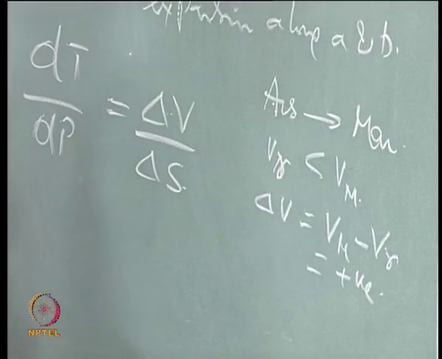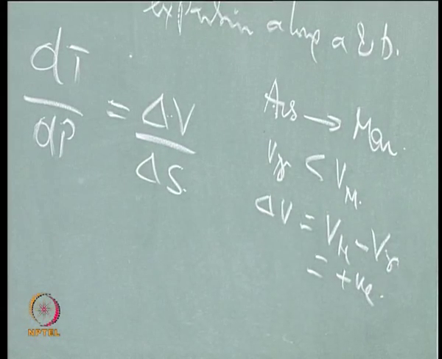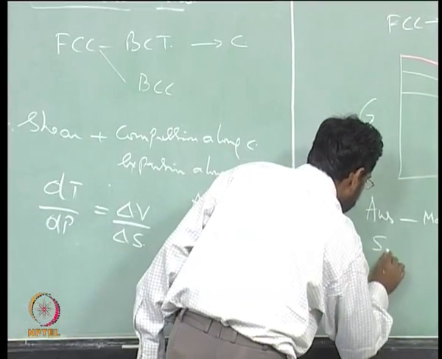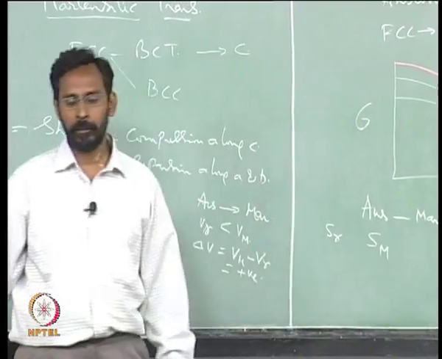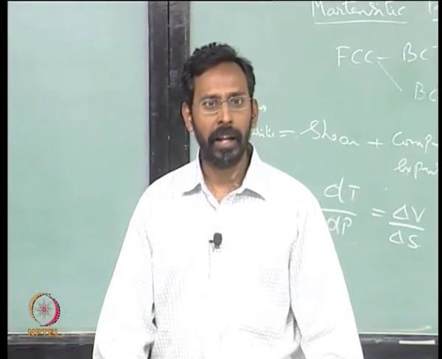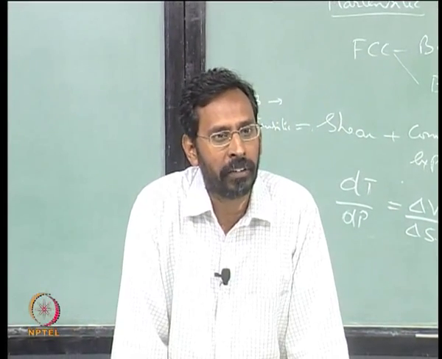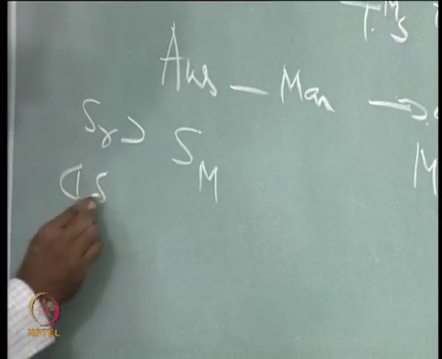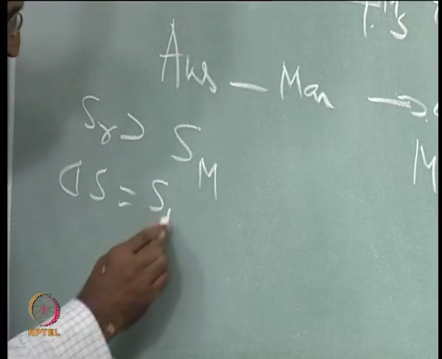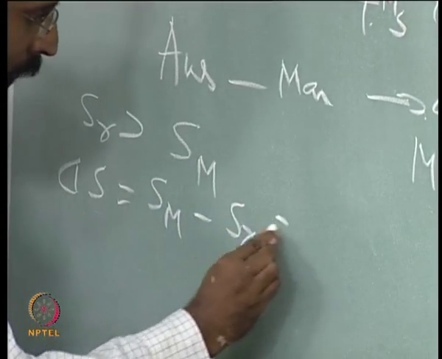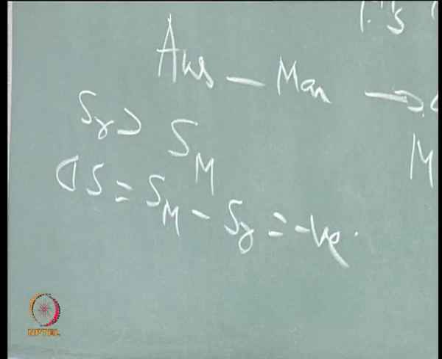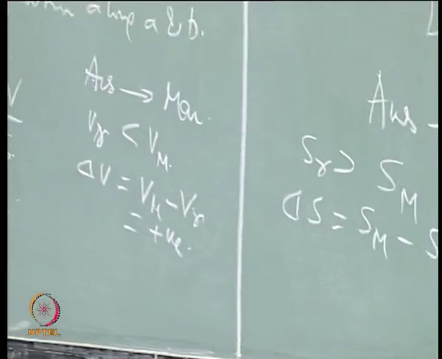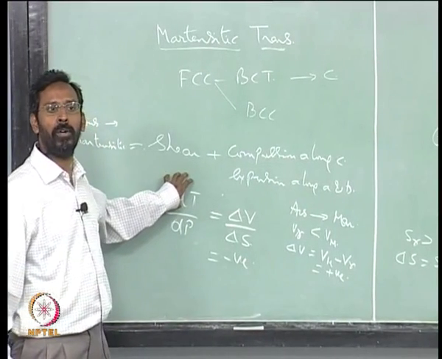And if you look at the delta S part of it, S of gamma and S of Martensite, which will be higher? Gamma will be higher because it is a high temperature phase when compared to Martensite. So, delta S, S of Martensite minus S of gamma, will be negative. So, one is positive, another is negative. So, the ratio is going to be negative. So, the higher the pressure, the lower the temperature should be,